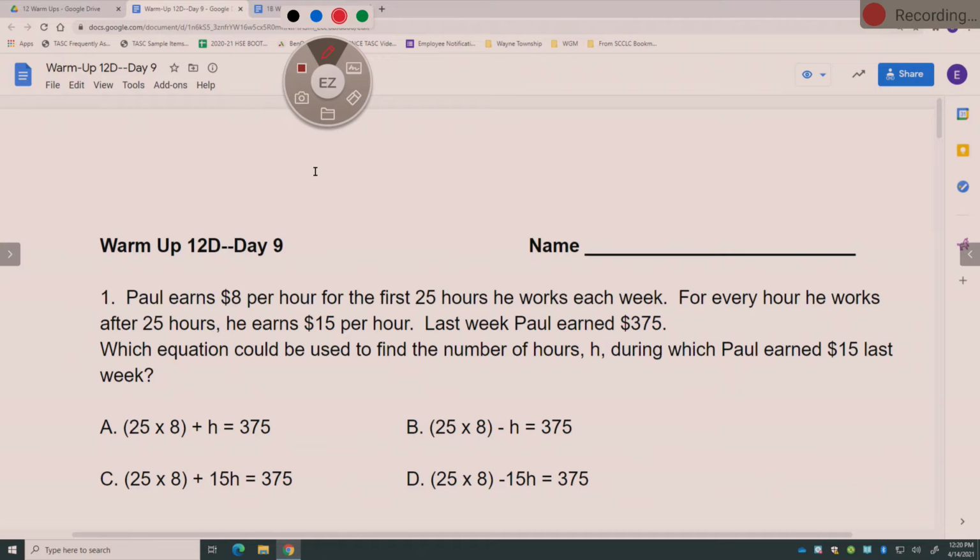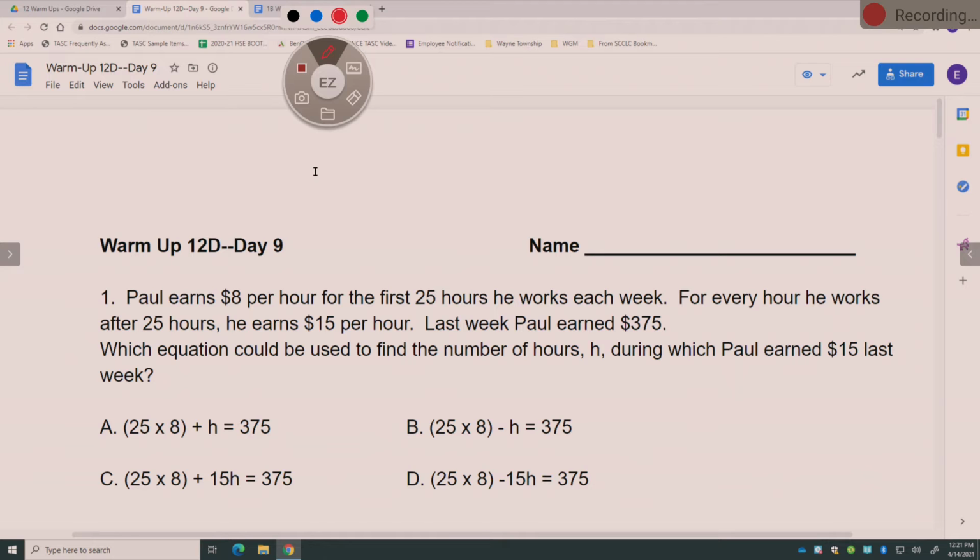Okay, so for number 1, Paul earns $8 per hour for the first 25 hours he works each week. For every hour he works after 25 hours, he earns $15 an hour. Last week, Paul earned $375. Which equation could be used to find the number of hours, which we're going to use the letter H, during which Paul earned $15 last week? Okay, well, you can see in our answers,